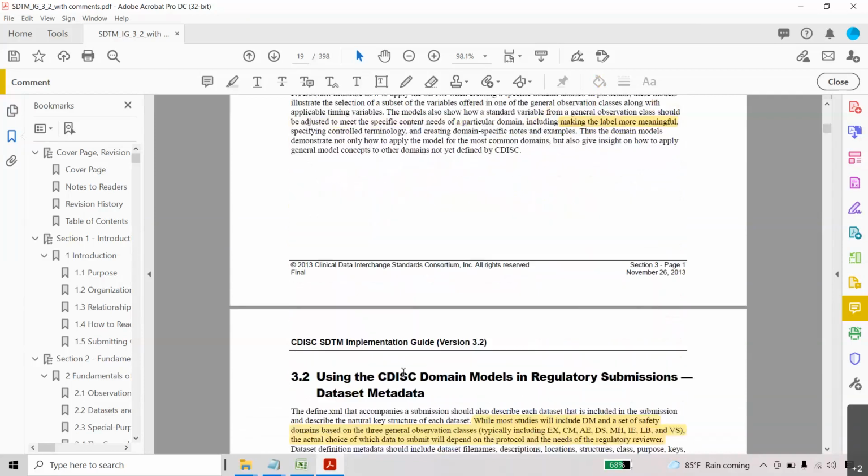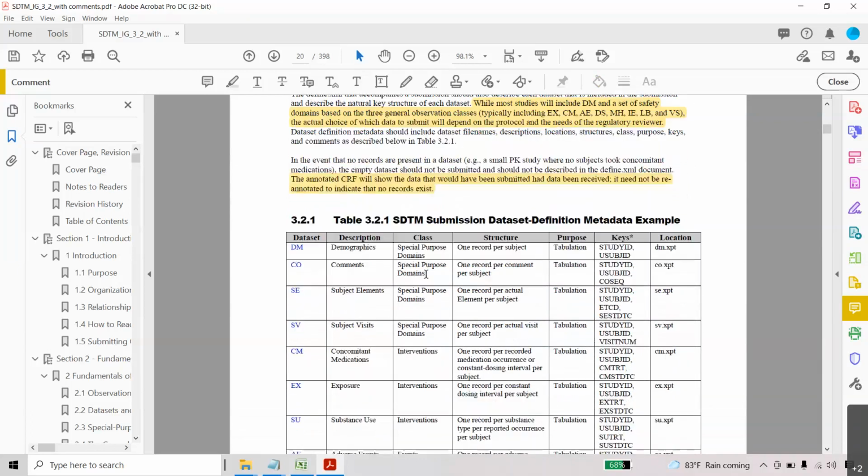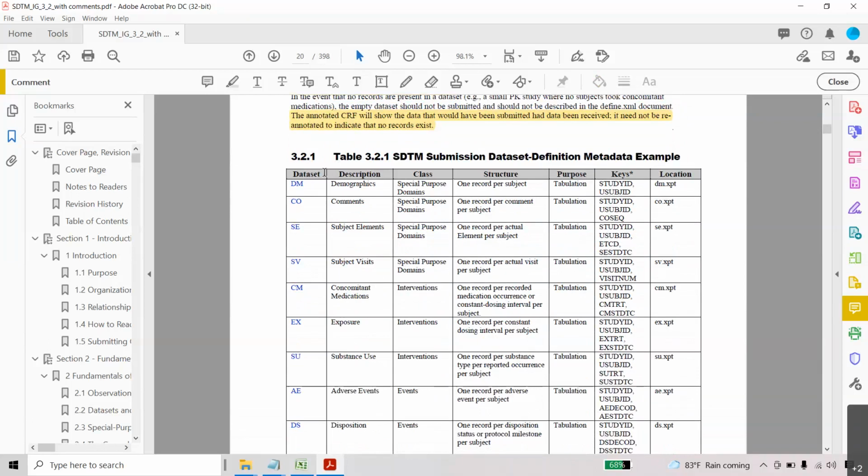Okay, next we go to the next one, and on the 14th page we discussed the domains, correct? As I said earlier, in SDTM most of the domains are 2-letter alphabets, but of course there are some domains with more than 2 letters, like supplementary domains and findings about domains.